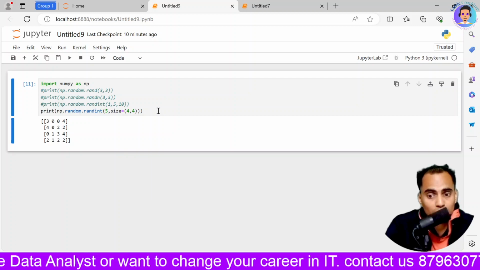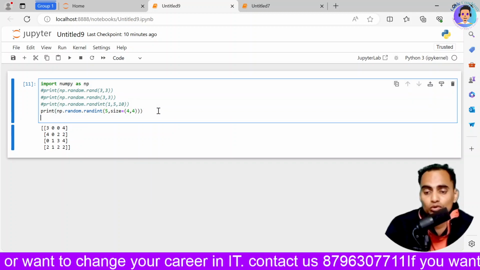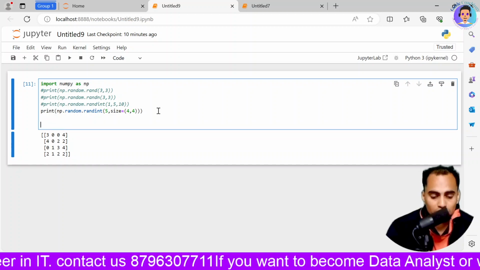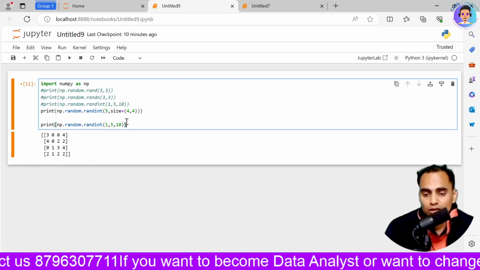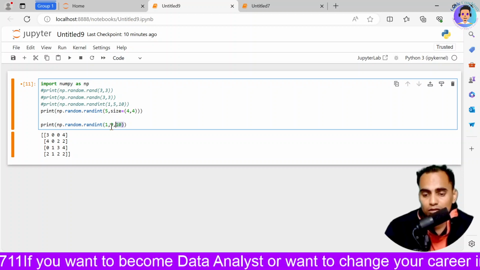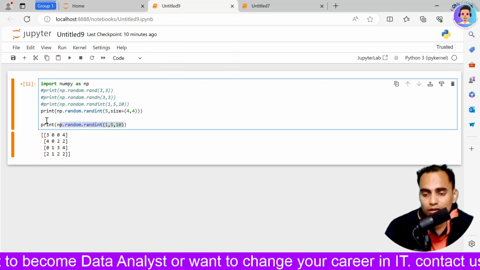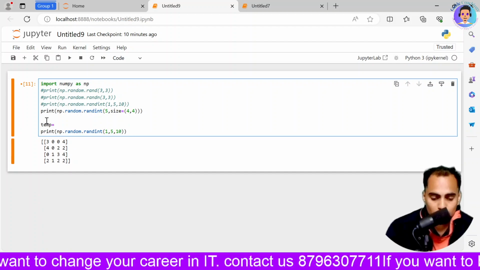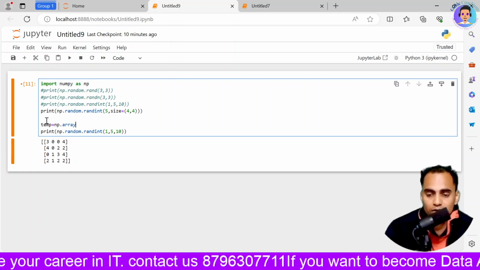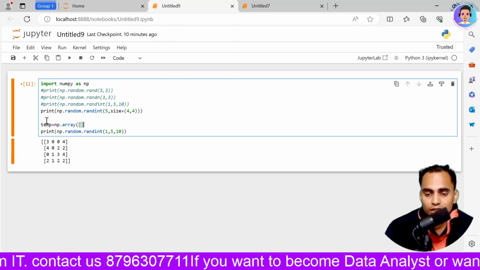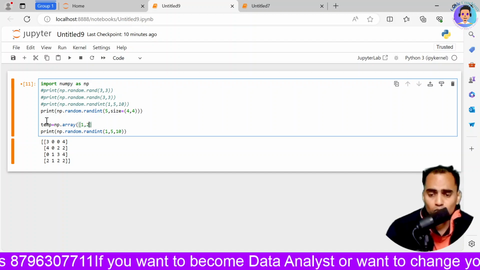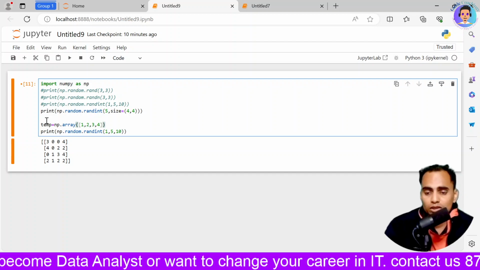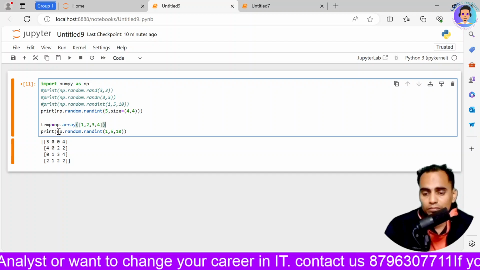So this is the importance of it. If you want to create an array, you can do it manually as well. You will do it like this: temp is equal to np.array, and then over here you will write 1 2 3 4, close it, and then print it.